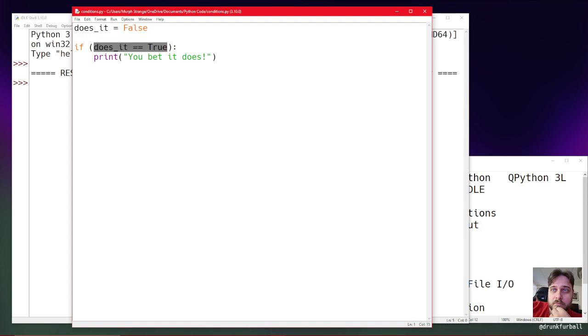Therefore, this statement is not correct because this does not equal this, so this would evaluate to false. Because we only want this code block to execute if what's in the parentheses evaluates to true, it simply didn't run it. Now, probably not the clearest way to do that, but